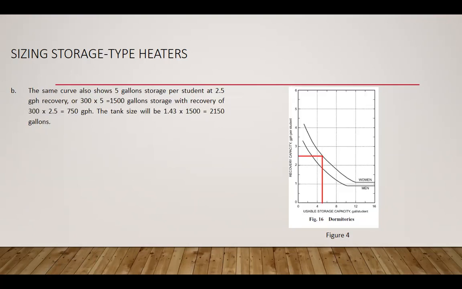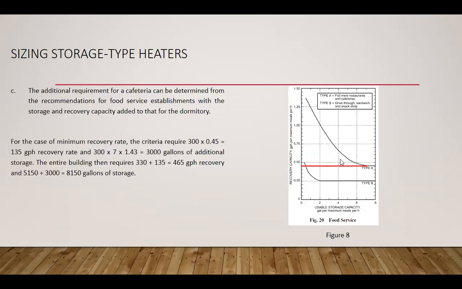This recovery is what's running. The storage we leave in the tank is for emergency use. Okay? See, the additional requirement for a cafeteria can be determined from the recommendations for food service establishment, with the storage and recovery capacity added to that for the dormitory. For the case of minimum recovery rate, the criteria required is 300 times 0.45 or 135 gallons per hour recovery